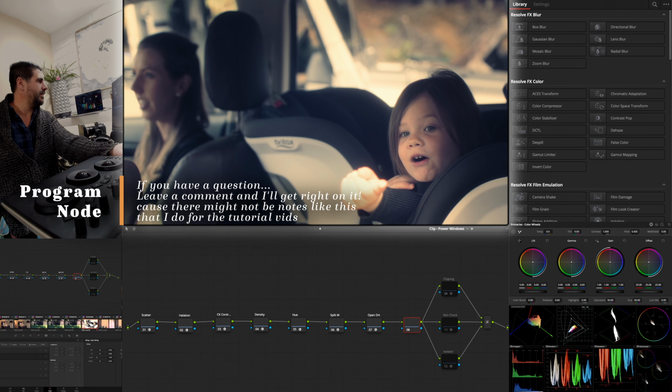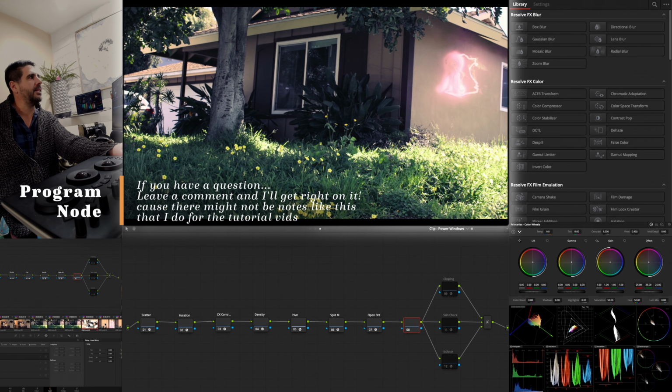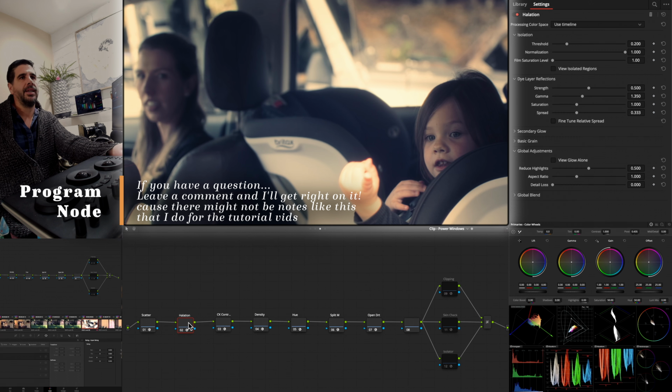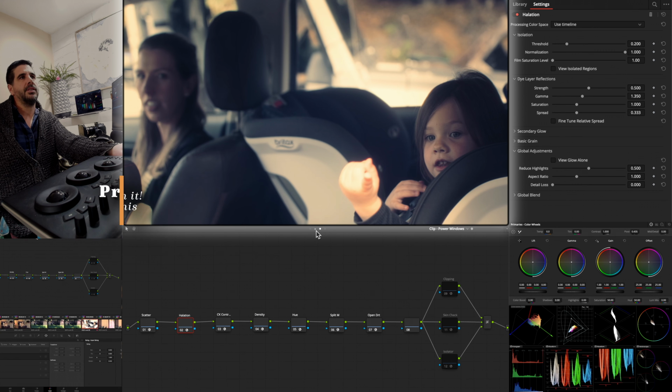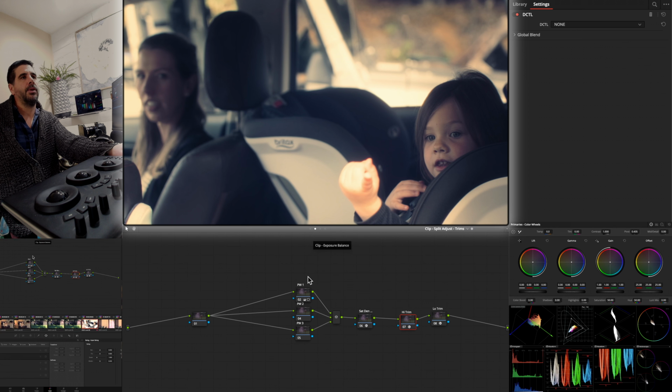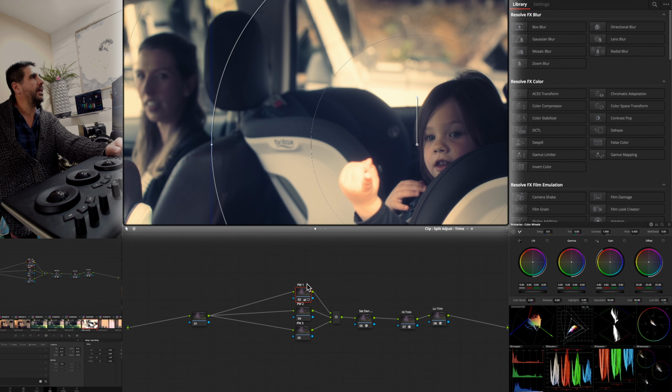But let's get going. So where we left off is we were working on this house. They just got to the car. We were talking about things like halation and what I like to do with it and where I like to use it. And it was just kind of banal and boring. And we put on a power window to focus in on our actress and give her a little shading on the one side of her face. So the light is coming in from the one side of her face still. So it was just a nice little way to draw us into what she's pointing at, which is